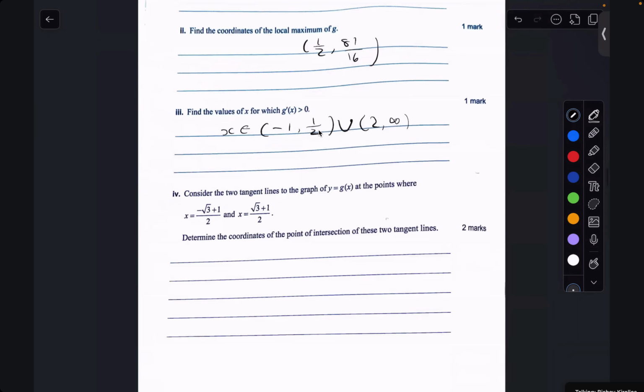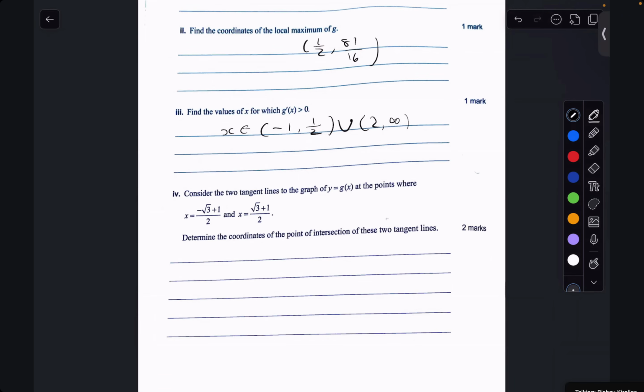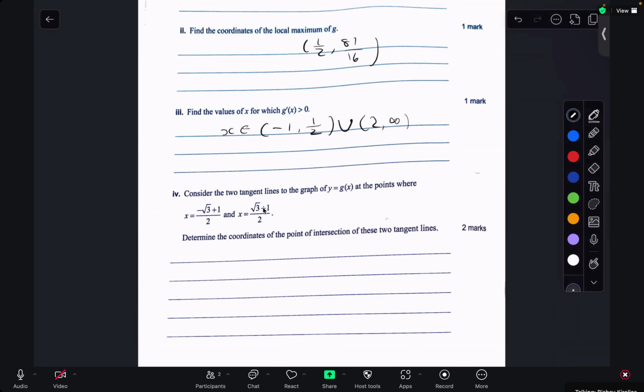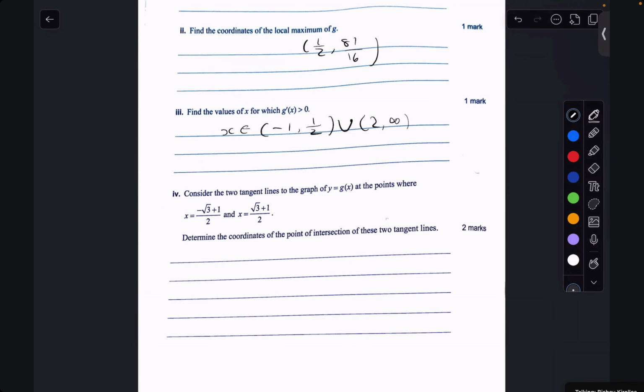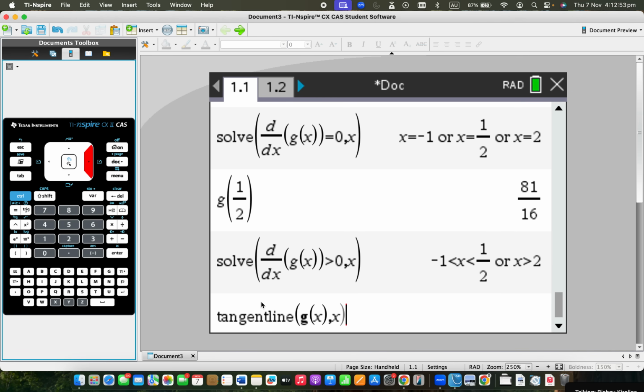Okay, consider the two tangent lines to the graph of y is equal to g of x at the points where x is that and x is that. Determine the coordinates of the point of intersection of these two tangent lines. So I think for working out it's enough to just say the first tangent line is equal to the second. So you can just say tangent line, from the calculus menu, and then it's g of x, comma